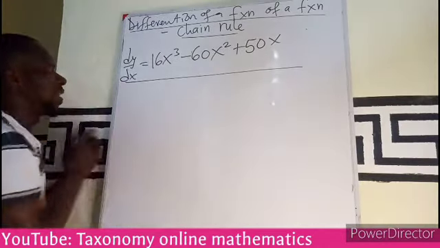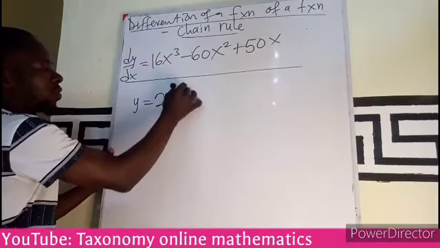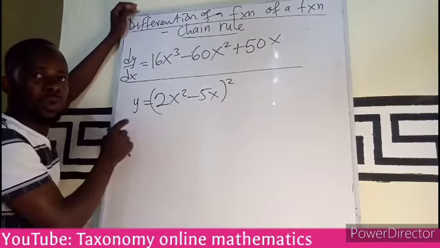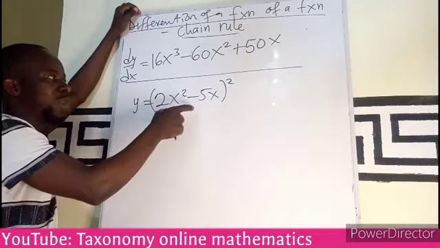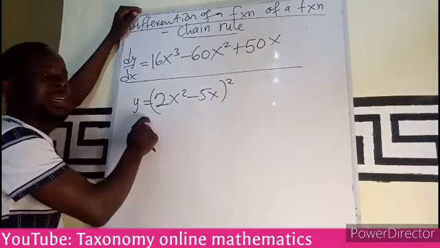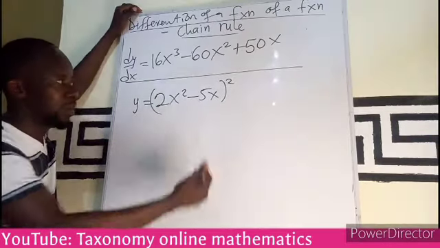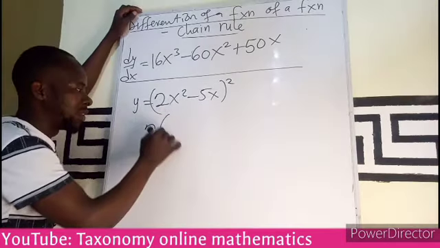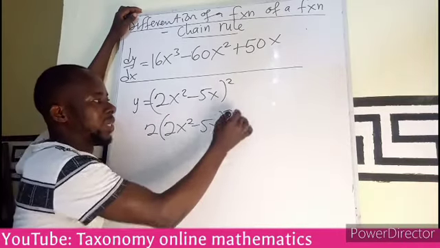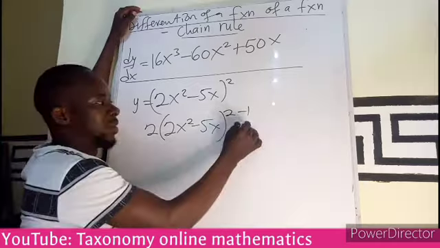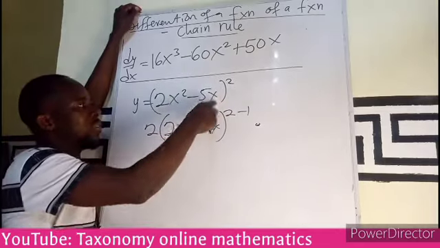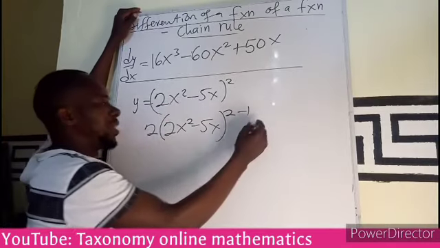That is, if I have the function 2x squared minus 5x exponent 2. If we are given this, we know chain rule, we need to let this equal to u. But we can also solve this without using the chain rule. That is, I am going to solve the bracket like I'm performing a differentiation. Meaning these two will come and multiply the bracket. Under differentiation, the power multiplies the whole function, then we subtract 1. Then we are going to multiply this result by entering into the bracket. I'm now going to differentiate everything in the bracket, going to give me